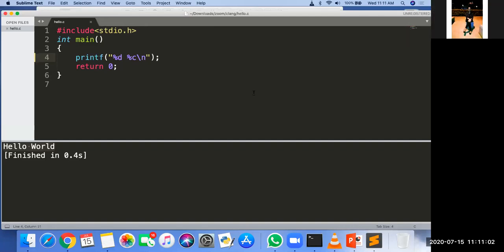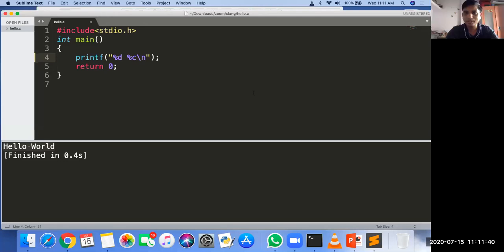It will print %d, %c. Will it print a random number? Is there memory allocation for %d and %c? Any guesses? Actually, guessing teaches you a lot. If you don't think, you are not able to learn new things. You have to think first. So will it print a random number in the integer range? Okay, it will print a random number.